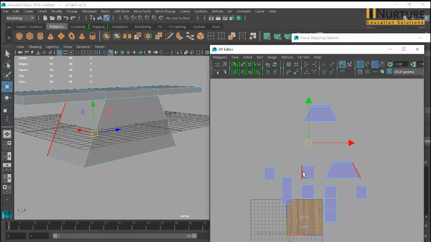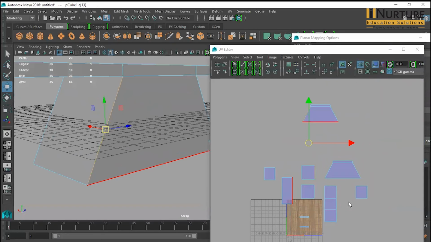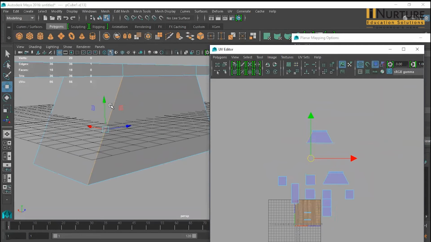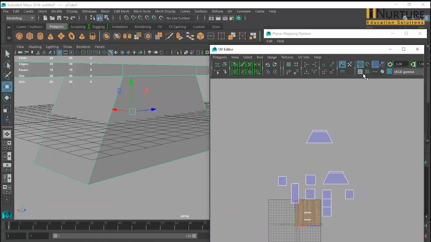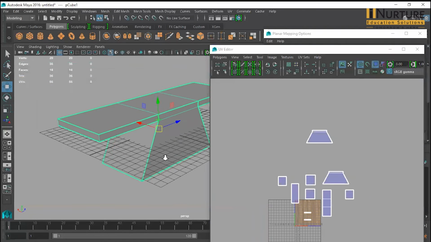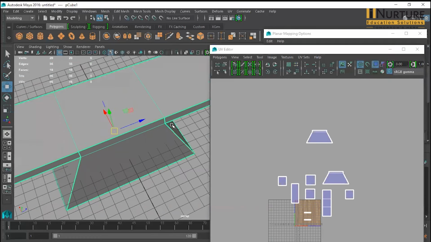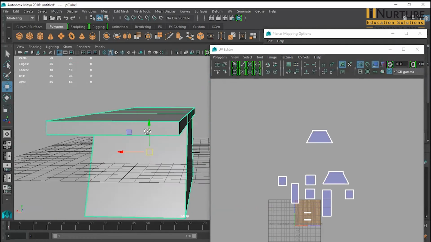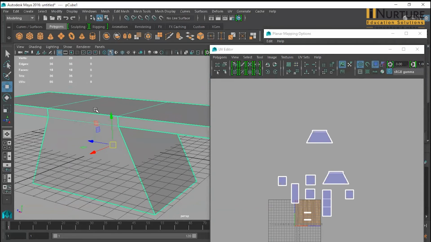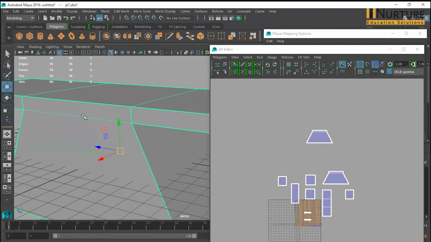Now it's time to merge. I can merge because if the UV is not merged, then I would get the seam. How do I know where the seam would appear? Just by clicking here, I can see the seam. जो highlighted edges हैं वहाँ पे सब पे seam बनने वाली है. You can see these are highlighted edges. ये वाला highlight नहीं है, ये वाला highlight है, क्योंकि यहाँ पे texture repeat नहीं होगा.